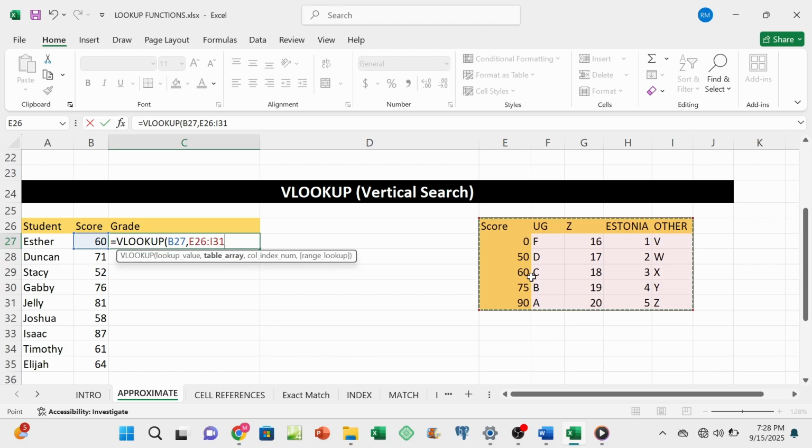So I've selected my range here, the table array. I'm going to put the dollar signs. Don't forget that, comma. Then you have the column index number. And we say the column index number is that number for the column which contains the values that you want to return. So let's say we are going to return this